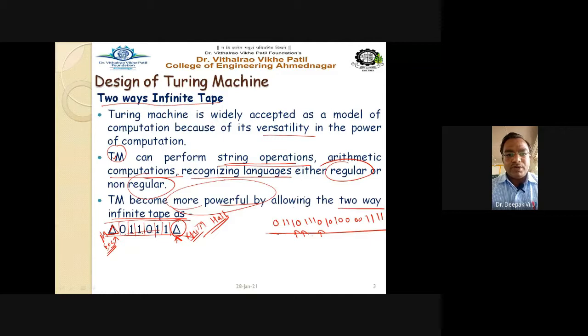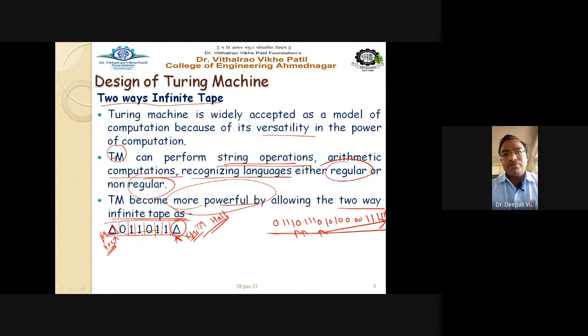If we apply a particular logic, then the Turing machine has to go to the end of that input string in search of the end. The head has to be moved to the end part in search of the capital delta.